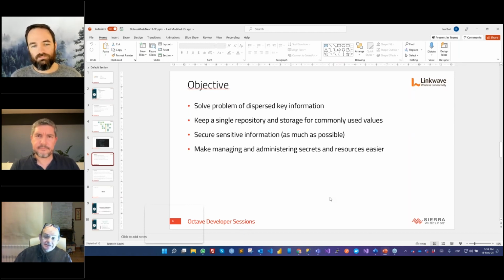So that makes it hard to administer, especially if you need to change one of these values, you have to go in and change it in every one of these cloud actions, these tasks, or whatever you want to do. So